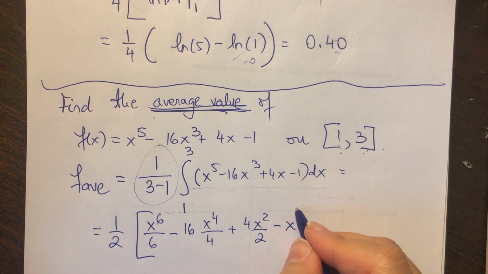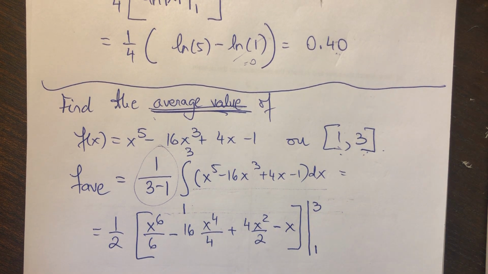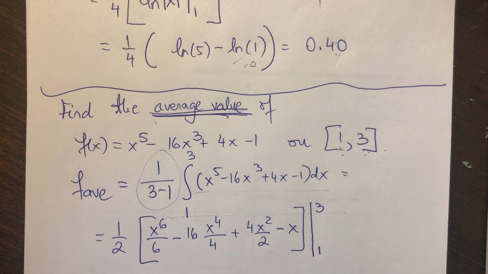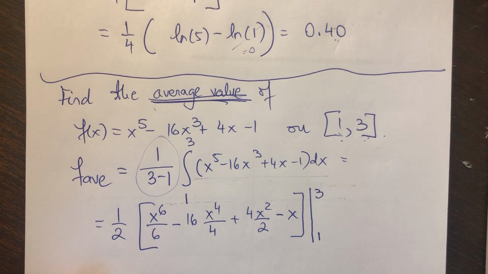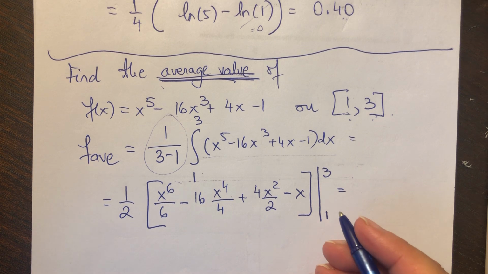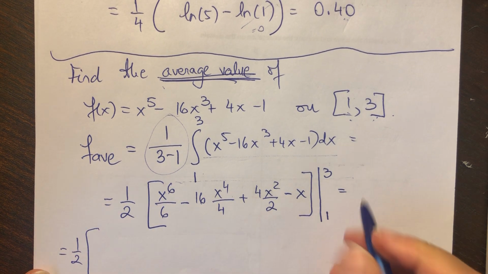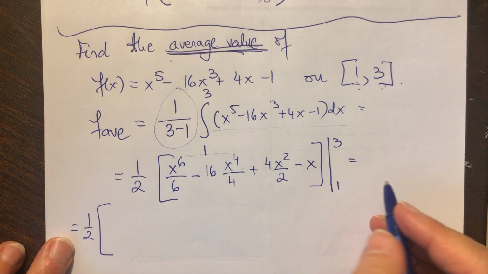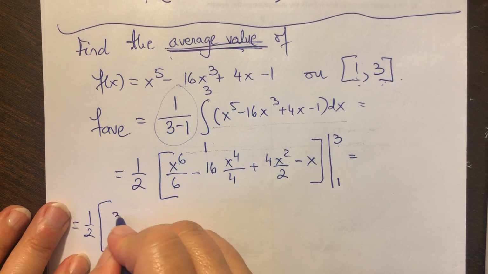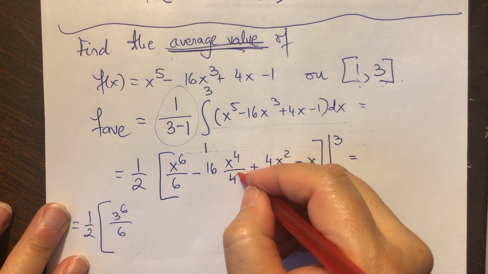And remember, when we find definite integrals, we don't have to write the plus constant. Why? Because we're evaluating this anyways, and we subtract, and those constants would cancel out. So what I have here is 1/2 times, I'm going to plug in these values. First the 3, so 3 to the 6 divided by 6 is something. By the way, I'm going to reduce this